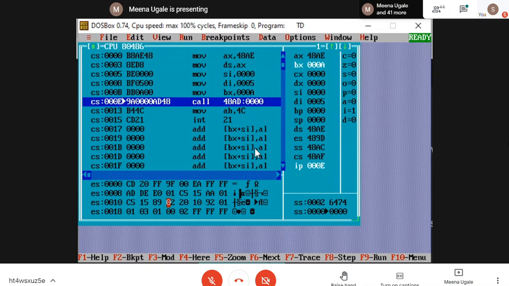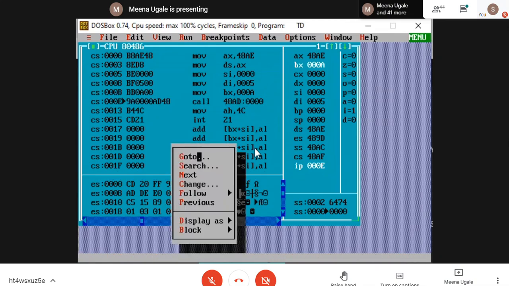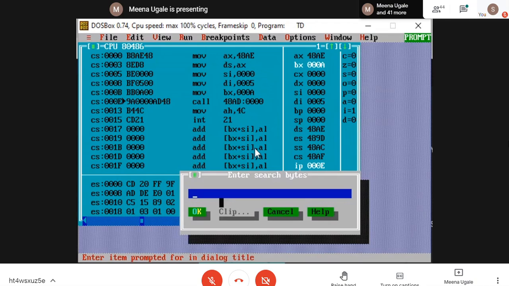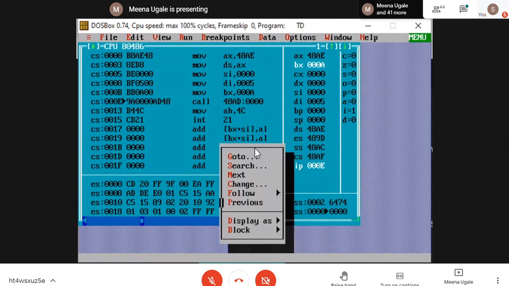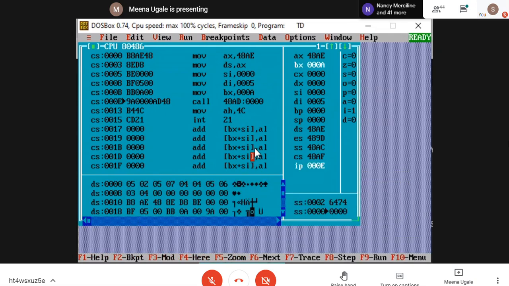Fine. Let me just go and check whether my array is initialized or not. Okay. This is my first 5, 2, 5, 7, 4, and then 4, 5, 6, 3, and 4.